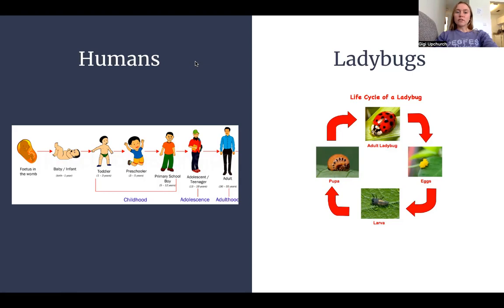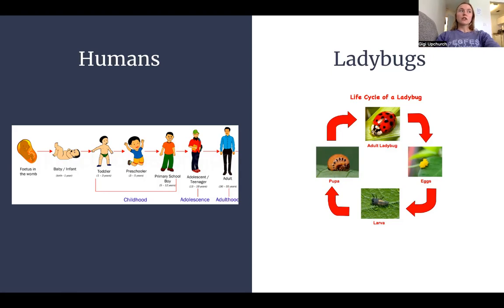Ladybugs, however, have a really different life cycle. Insects generally go through one of two different types of life cycles. The first one's the one that ladybugs go through. They go from egg to larva to pupa to adult. The other one is only 3 stages. It goes from egg to nymph to adult. Ladybugs have some other names: lady beetles, ladybug beetles, ladybird beetles, and their life cycle does include a complete metamorphosis,